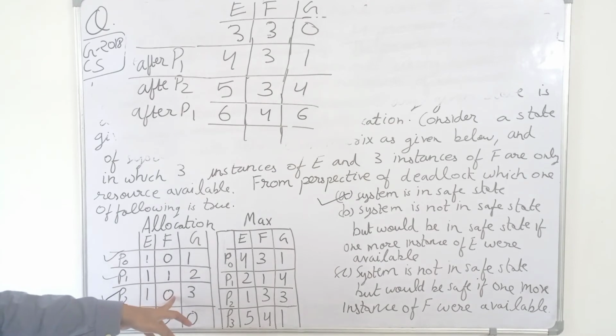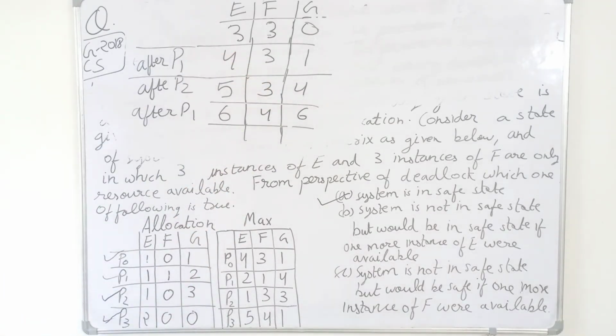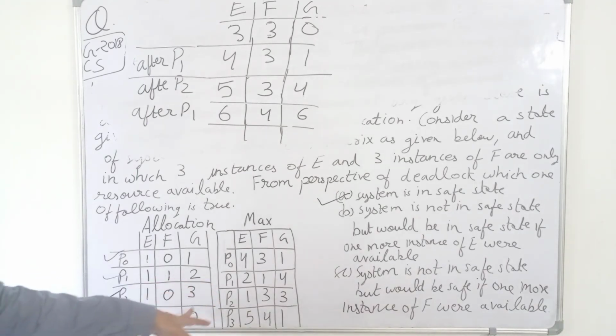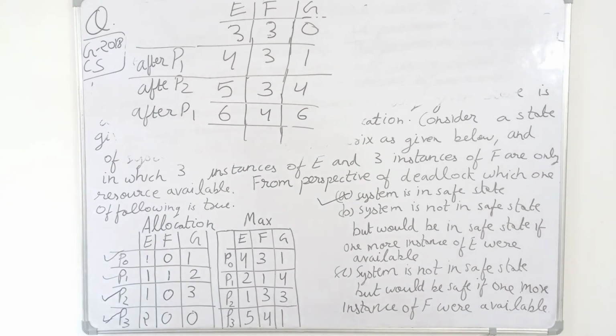It required 3 extra of F and we had 3 of F, so we gave it. So when P2 was satisfied, then it gave 3 of its G resources back to the system. So we had 4 of G available and we easily satisfied P1 requirement, and after P1 we had sufficient resources, so we satisfied